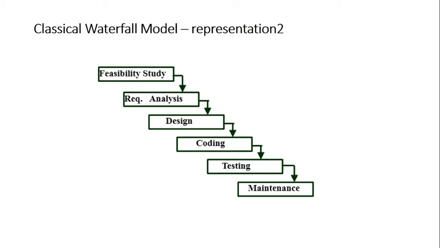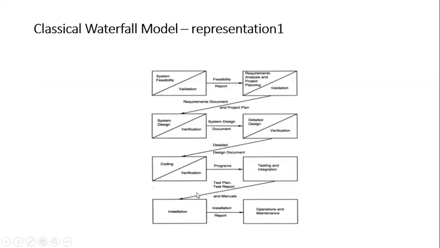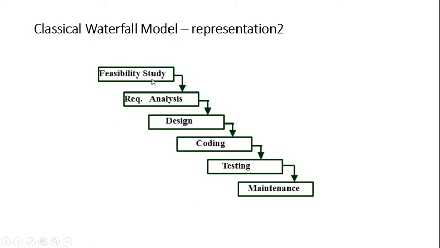Waterfall model means top to bottom the sequence of phases will be this, like first we'll carry out feasibility study. Once it is completed, we start with requirements. Once this is completed, we start with designing. So this is representing a cascade of waterfall, top to bottom. While in the previous representation, this was not clear. It was not signifying the name, but this representation signifies the name of the waterfall model. So simply it is going to follow these phases one after the other.